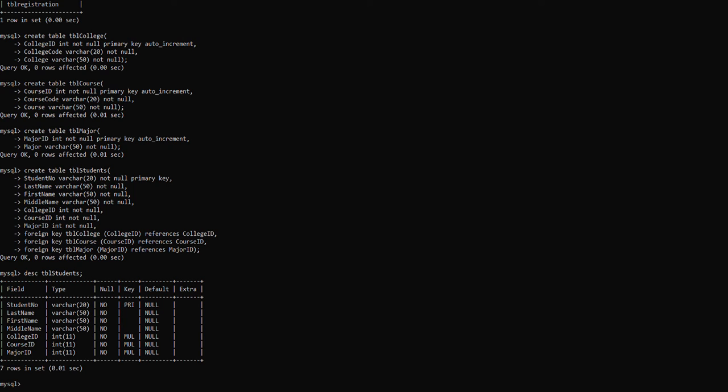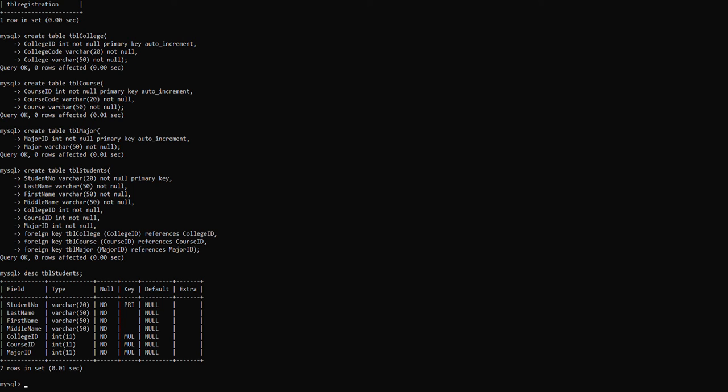As you can see here, the student number is set as our primary key, and at the bottom, the college ID, the course ID, and the major ID are set. Instead of primary key, it says multiple, which means that they are the foreign keys. So if we input data in these three fields, make sure that the data